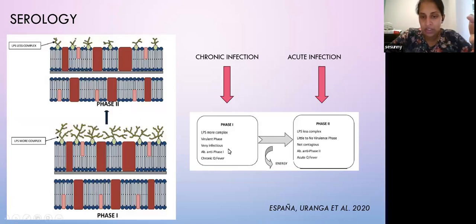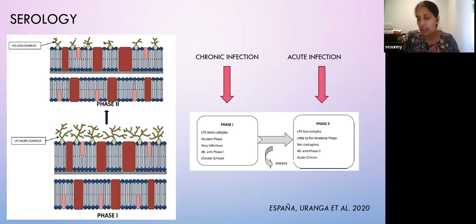It is the more virulent phase, and because it persists on in the cell, it's more indicative of chronic Q fever. So when we refer to phase 1 antibodies, we're actually looking at features suggestive of chronic infection, whereas phase 2 is more related to when they process